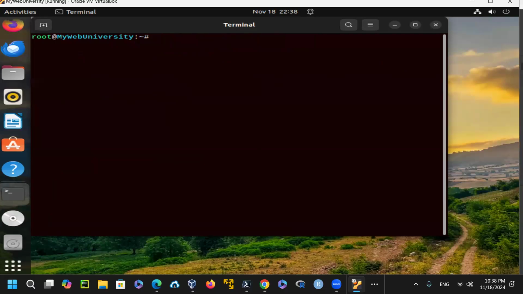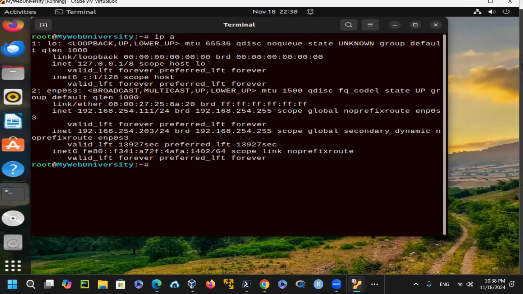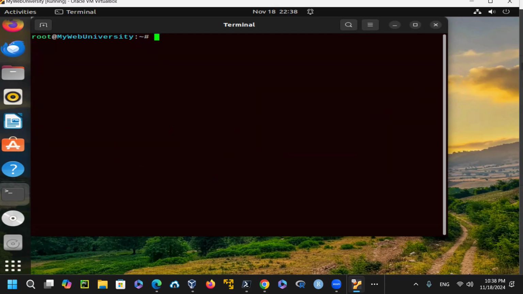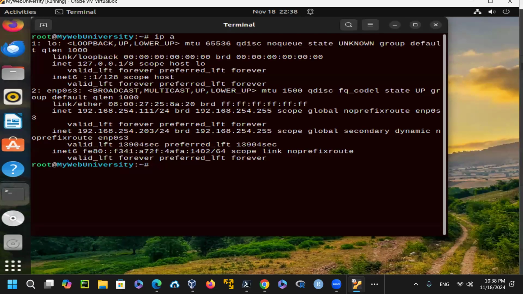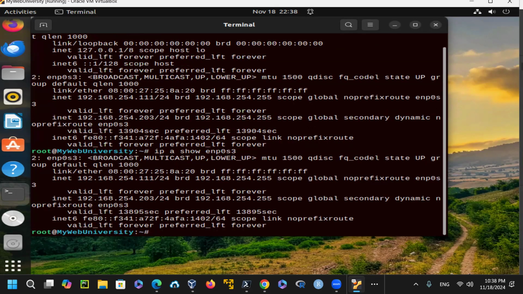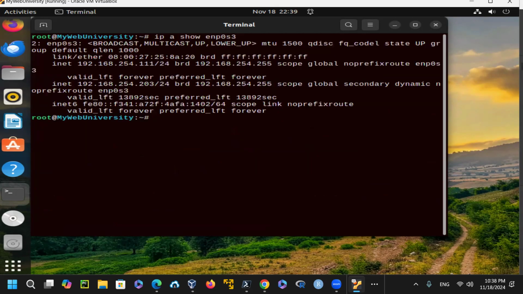But in order to get the IP address here, with ip a, you can see the interface here is enp0s3. So in order to get the IP address of that one, you would type ip a, and then show. You type in show, then you give the interface, enp0s3. So now we are seeing the one that we want, and from enp0s3, you can see the